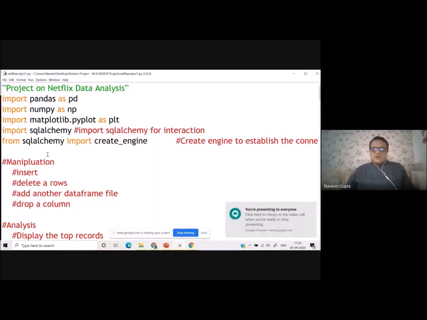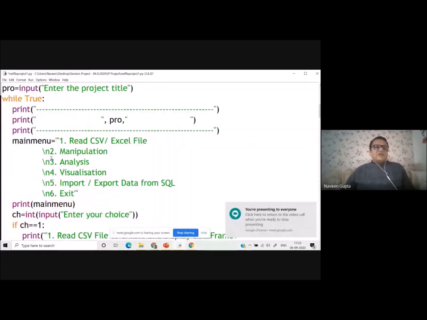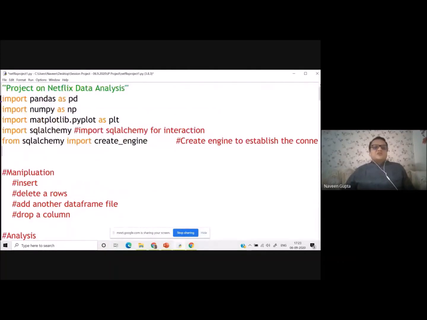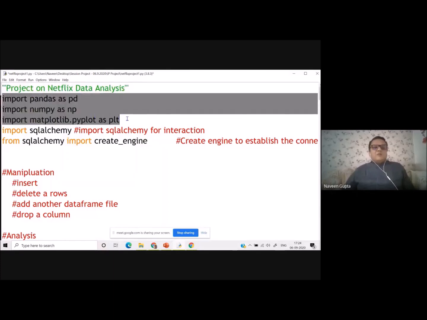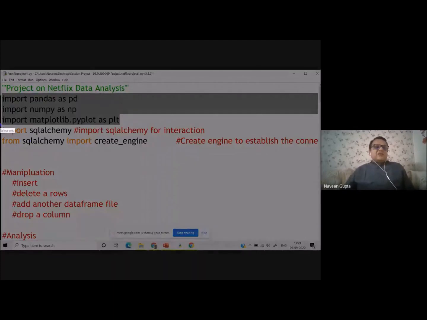Now let's see one of the projects which I am talking about. This is my project. I'll paste the syllabus. I have pasted the syllabus. This is my first project, where I have downloaded one of the data sets, Netflix data, whatever the Netflix series are going on the Netflix web platform. Now I need 3 files. These are my 3 files which I need as a basic requirement for the project work.